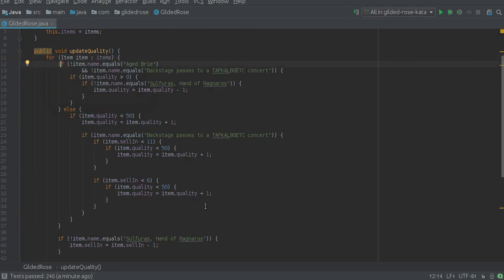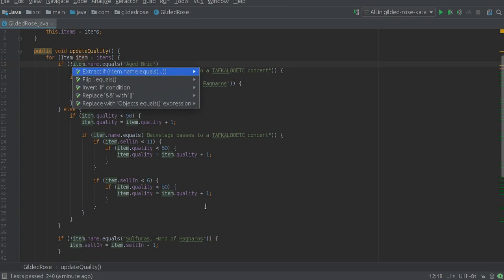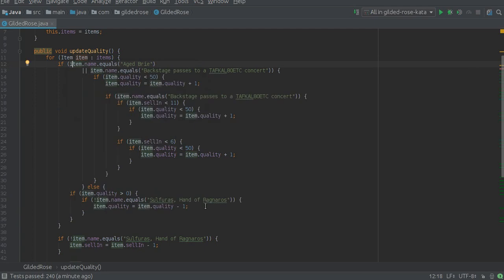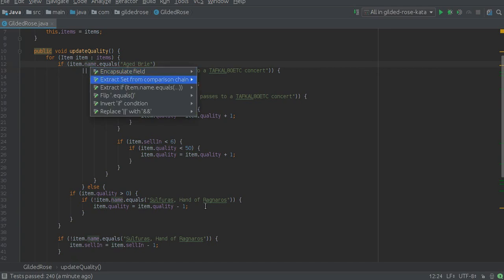Next step, I'm going to change these negative conditions with positive conditions. So I'm going to use this option, invert if condition. Okay, now here I have two conditions, so I'm going to extract the first one,